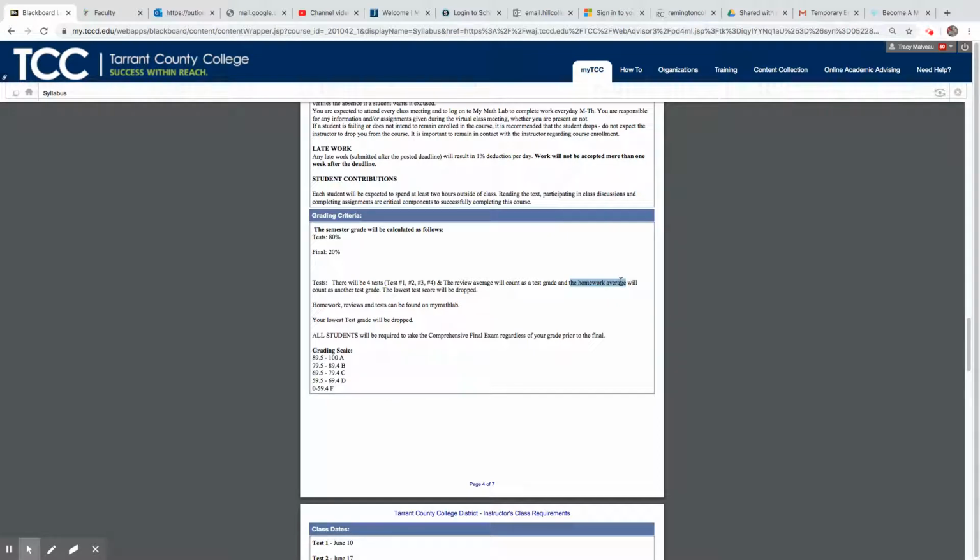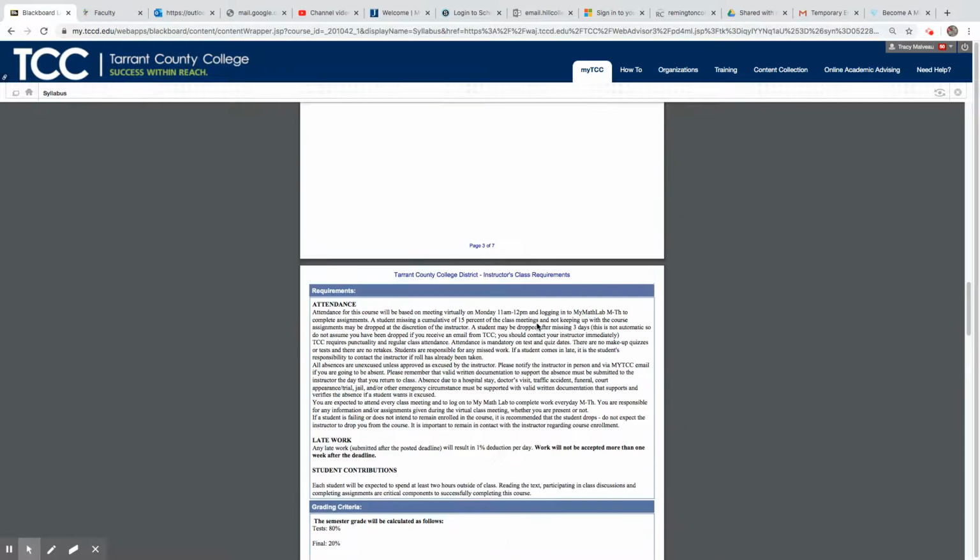It's in your best interest, I think, to make sure you do the homework in order to prepare for your reviews and your tests. And also with your homework, you can do and redo them multiple times in order to get a good grade on them. With tests, you only get one chance to do your test. So I think doing your homework is a very good idea. Okay. Now, if we go down a little further,